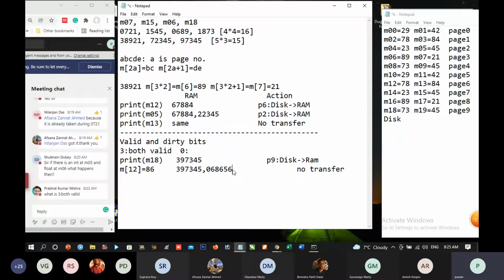In place of 56, any garbage number can be written. So what is the meaning of this? Meaning of this is page 6 contains 86, 56. But out of this, only 0th number of page 6 is valid, and next part is not valid. Is it all right to you?